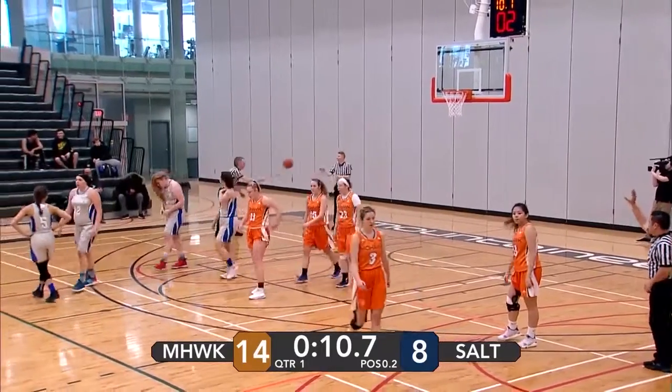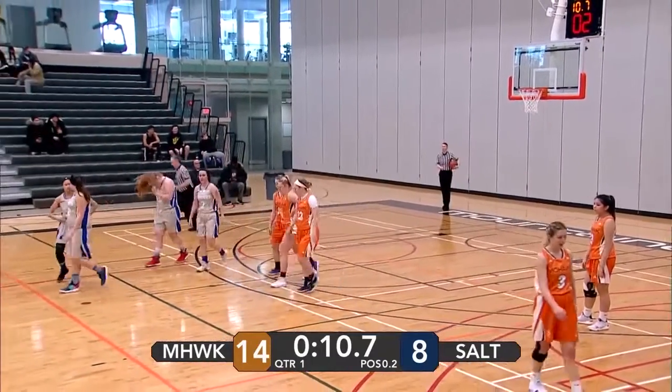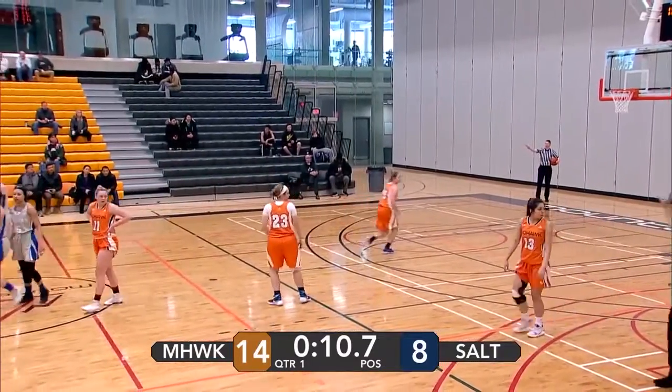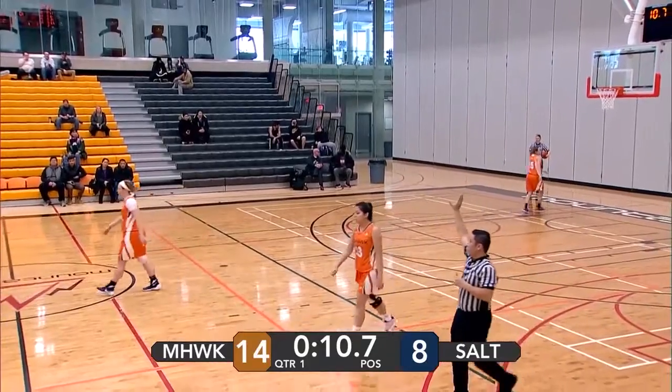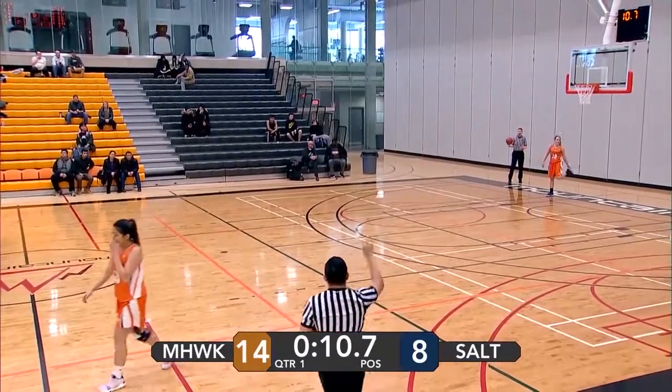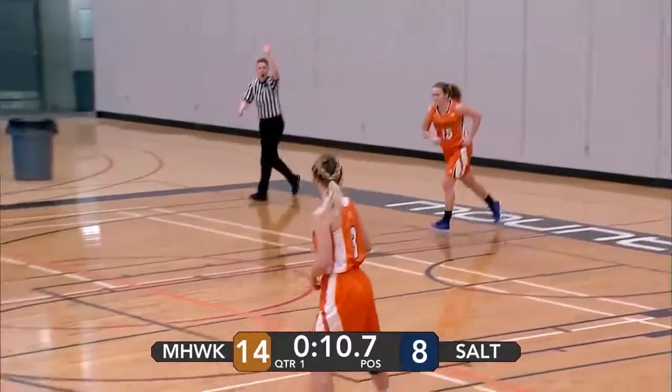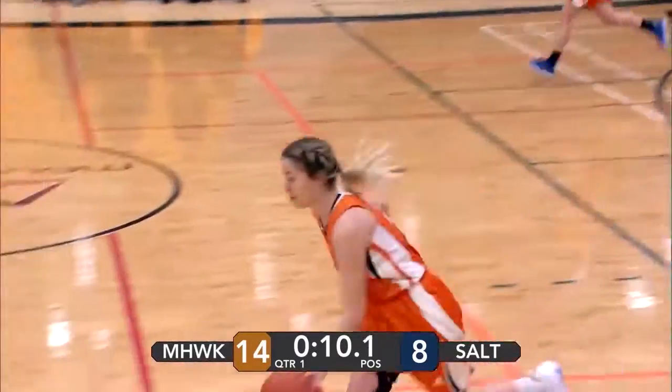is something they found very successful yesterday. It was that high-low post. They dump it into Baker on the play. And what happens is Beth Minley is on the weak side helping out in that situation. What she does is she times that so that as soon as Baker has that ball and sweeps to turn to face the net, well, Minley is right there, and while she doesn't have that open shot she wants, a much